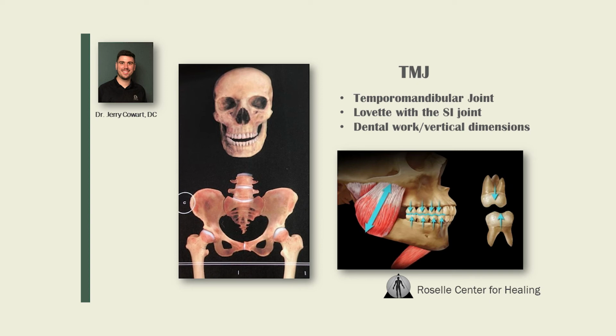Well, if we look even further past the sacrum and we look at the other part of that SI joint, that sacroiliac joint, we have the ilium. That's your hip bones. The Levitt brother connection to the ilium, or those hip bones, is the jaw. So the Levitt connection to that SI joint would be your TMJ, your temporomandibular joint. As you're walking, talking, moving, grooving, we see that those joints, those bones will move very similarly together.